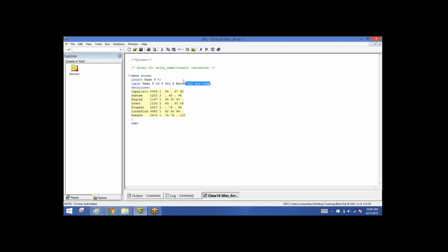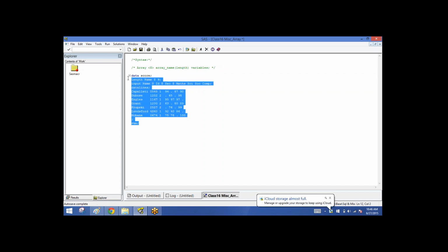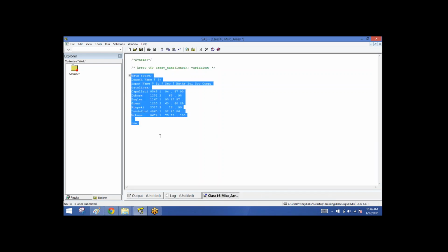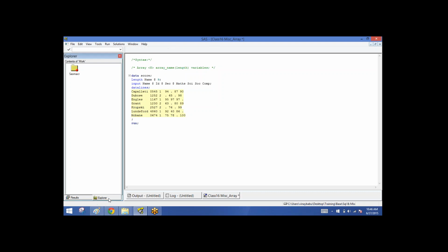Four of these are numeric variables, others are character variables. So if you run this data set,